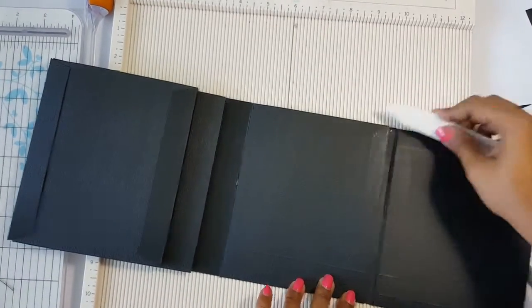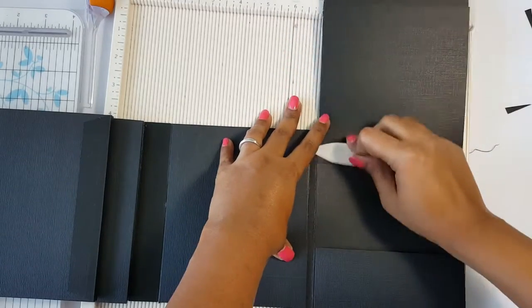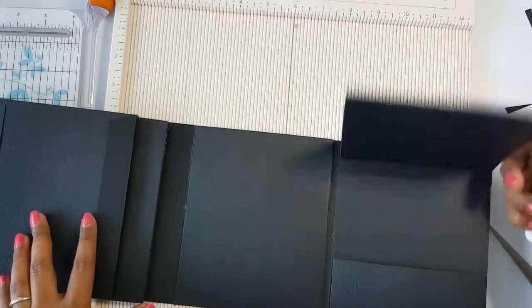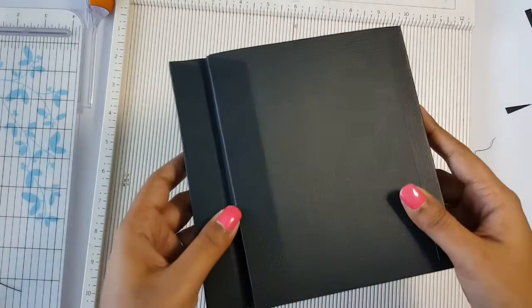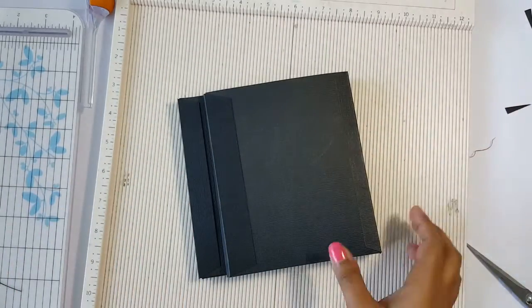Let's smooth out everything nicely, and here you have it. Here's your album is ready, the base is ready. So if you see